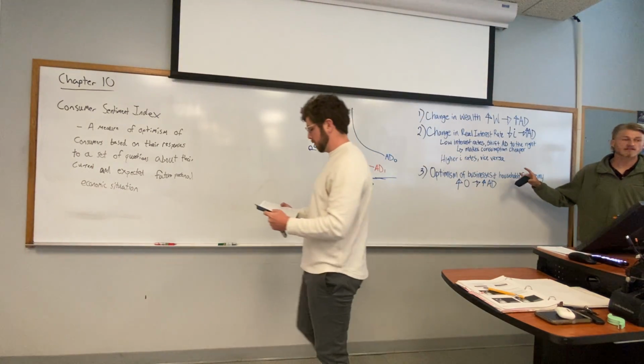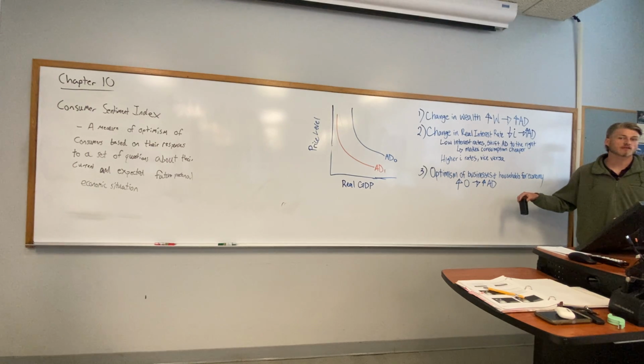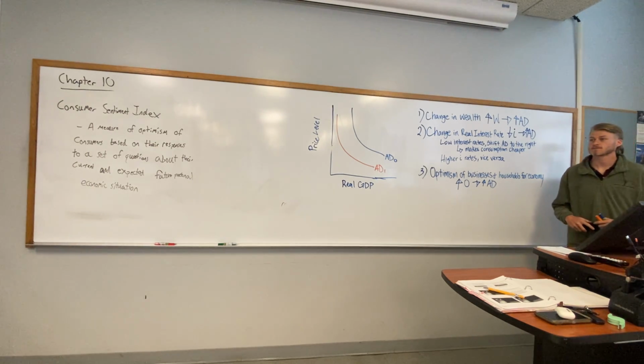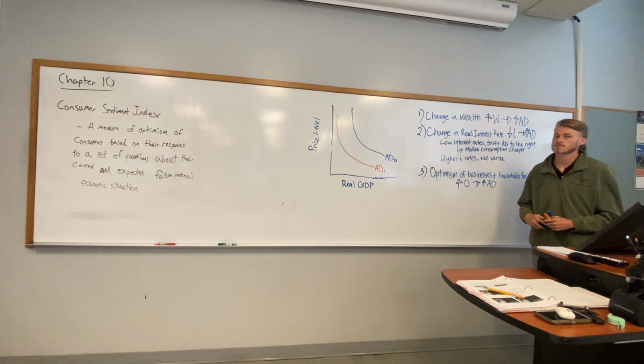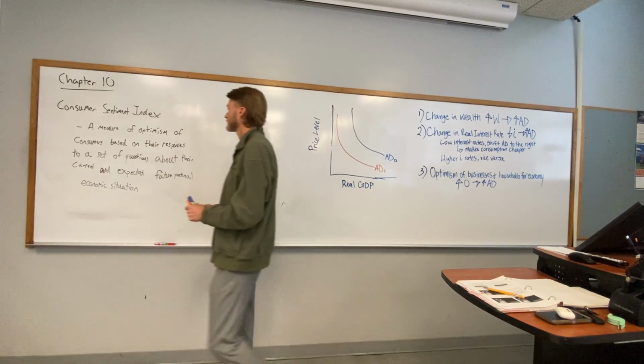Any questions on factors 1, 2, 3 for aggregate demand? These are just shifters of aggregate demand. That's all we're talking about. We'll get to supply here in a second. This is just the demand curve and the factors that shift it. Any questions on these first 3? There's 6 of them.